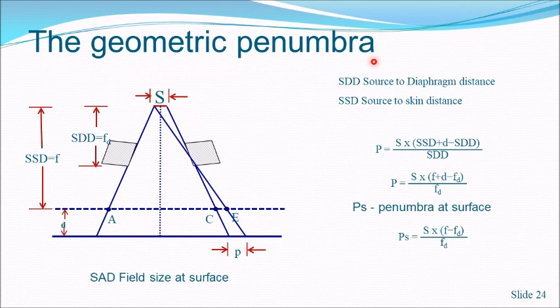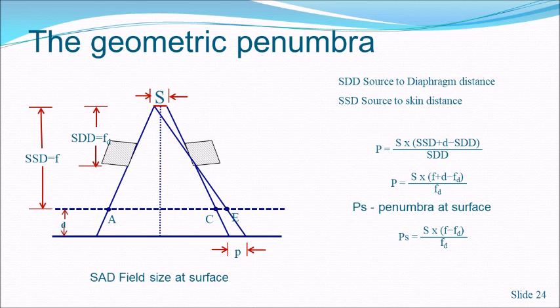Let us first learn what is geometric penumbra. The diagram here explains a geometric penumbra. In this diagram, S is the source size, P is the penumbra size at the depth D, C is the penumbra at the surface, source to surface distance is given by F, SSD is given by F, source to diaphragm distance SDD is given by FD. If you closely look at the two triangles, one formed by the source size, the other one by the penumbra, these two are similar triangles, meaning the ratio of the sides are equal, which means penumbra divided